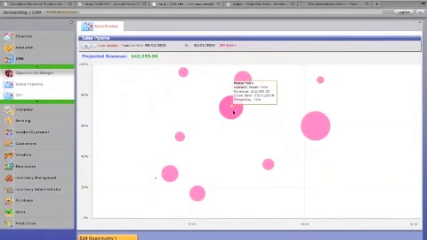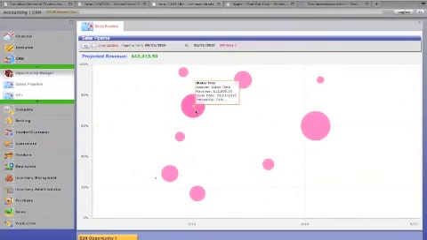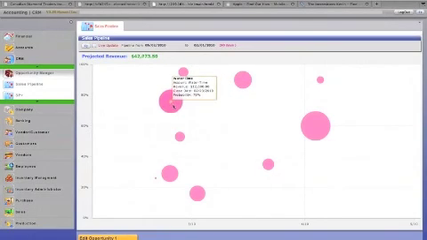Or I could, for example, move the closing date closer. You'll see the closing date is actually being updated live. The probability moves as you move it up, it's getting updated live, and therefore the projected revenue is also being updated live. So you could actually play with it to see